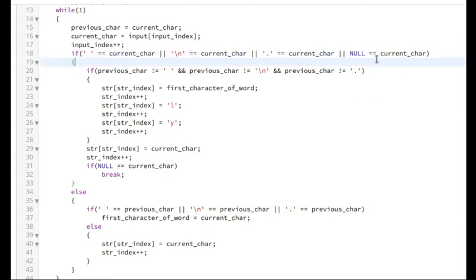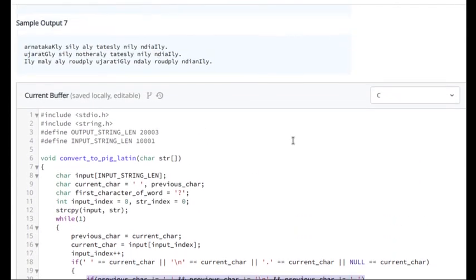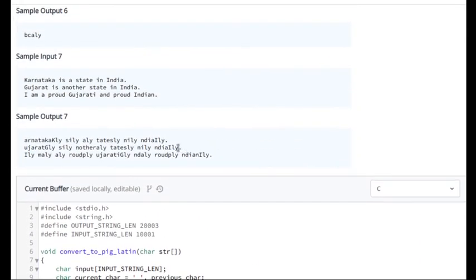If the word has ended, then it checks if the previous character was not space or new line or dot. For example, here there is slash n after dot. But that slash n doesn't mean that the word was ended, because the word was ended with this dot only.